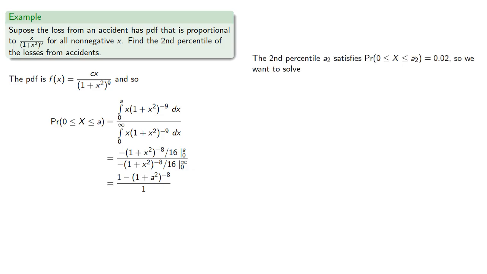So the second percentile satisfies this probability as 0.02. And so we want to solve the equation. And solving gives us